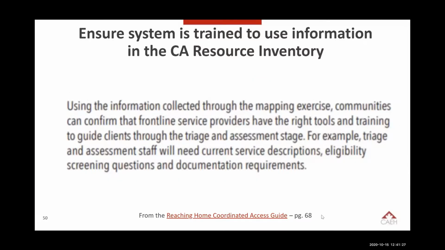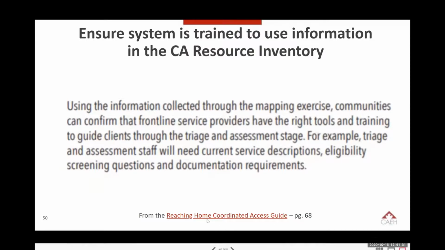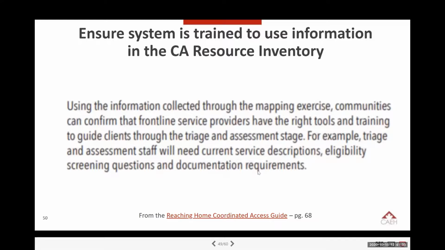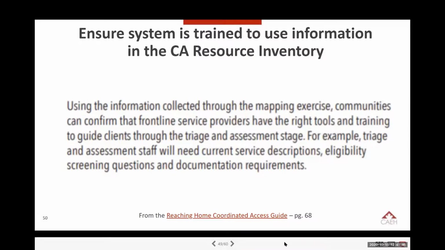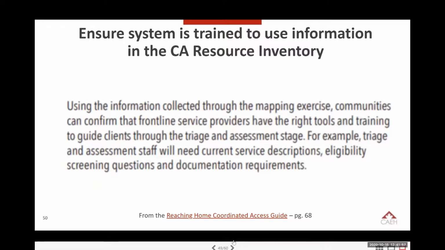I think also, as you think about what kind of document to put this in and how to share it, really think about who needs the information from this resource inventory to be available so that your system works effectively. So know who needs it. Is it your matching table? Is it those folks that are trying to prepare people on the list for offers of housing resources? So think about how you get this important information out to the right people.